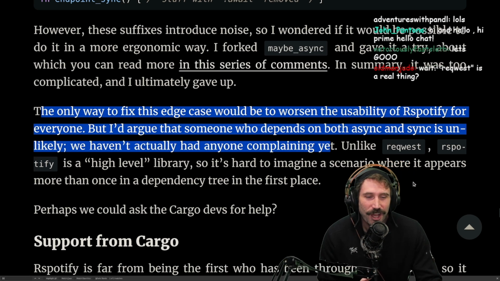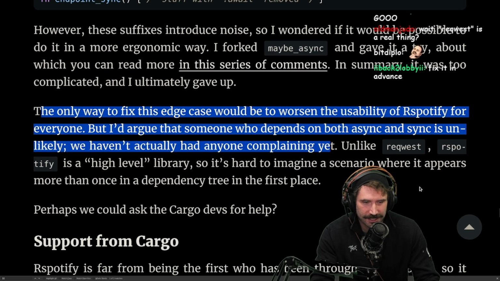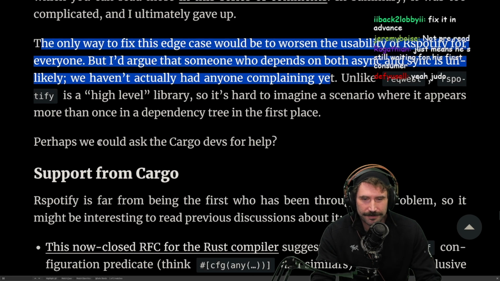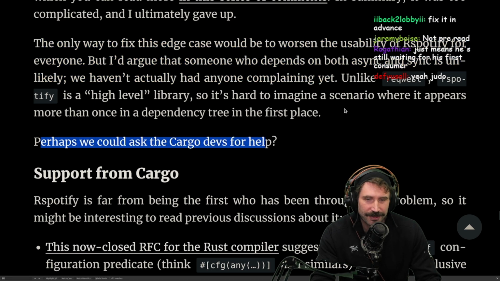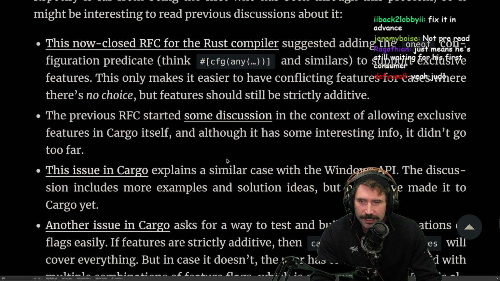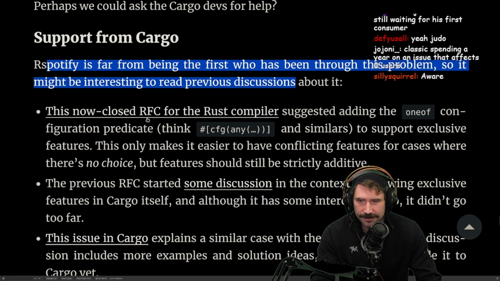Let's go. Unlike Request, rs-podify is a high-level library, so it's hard to imagine a scenario where it appears more than once in a dependency tree in the first place. Yeah, this is like the edge of an application, right? Edge of application libraries typically only appear once. Perhaps we could ask Cargo devs for help. Support from Cargo, rs-podify is far from being the first. Yes, there's a whole